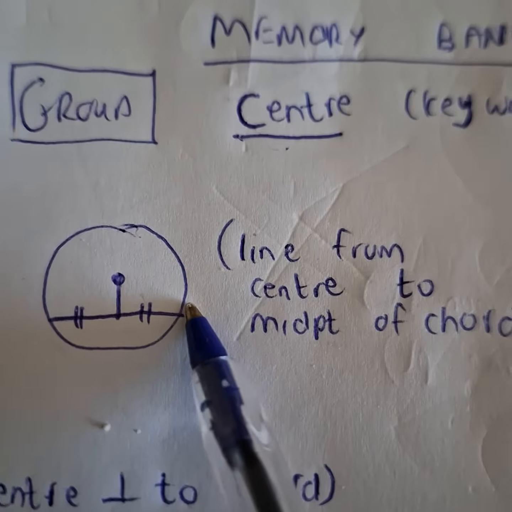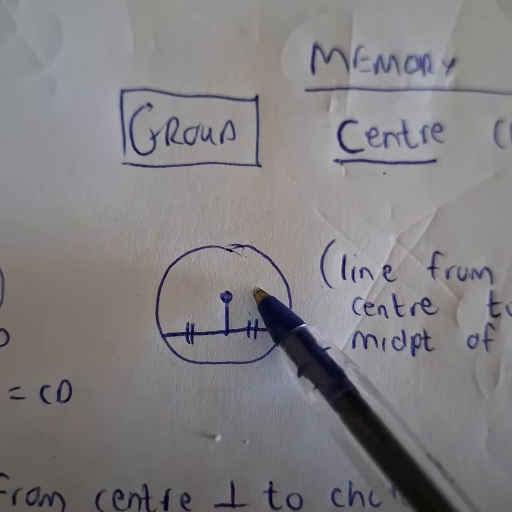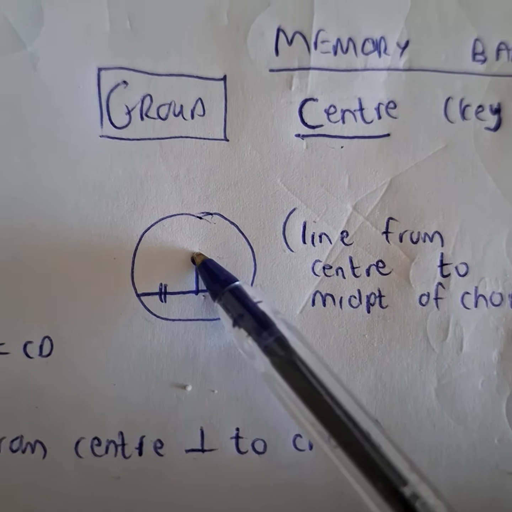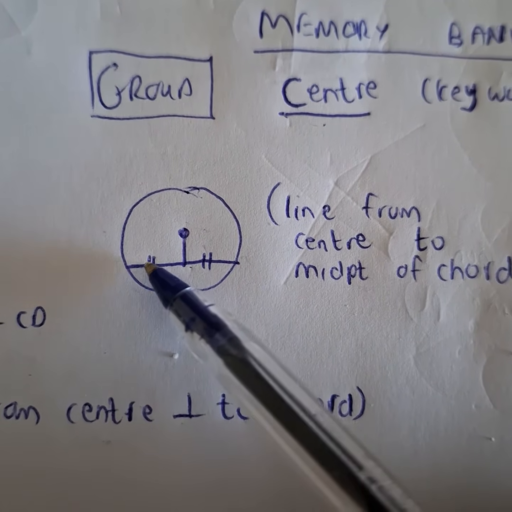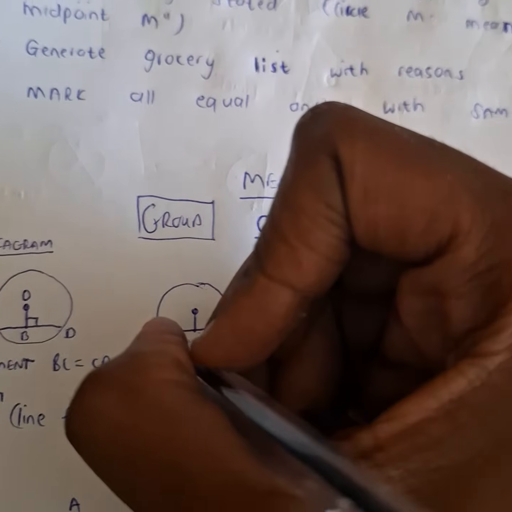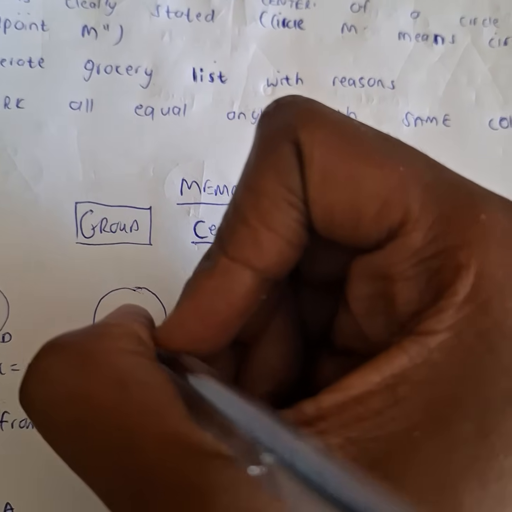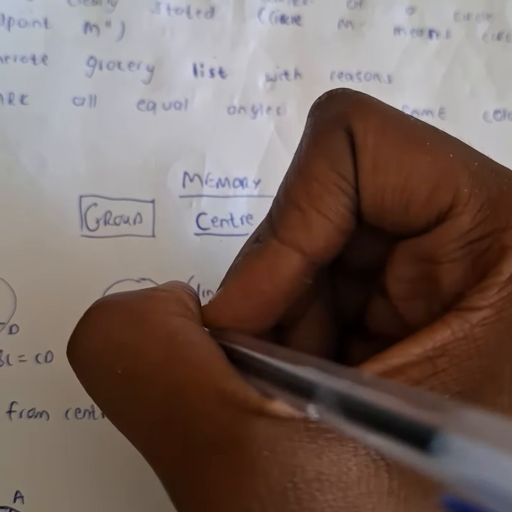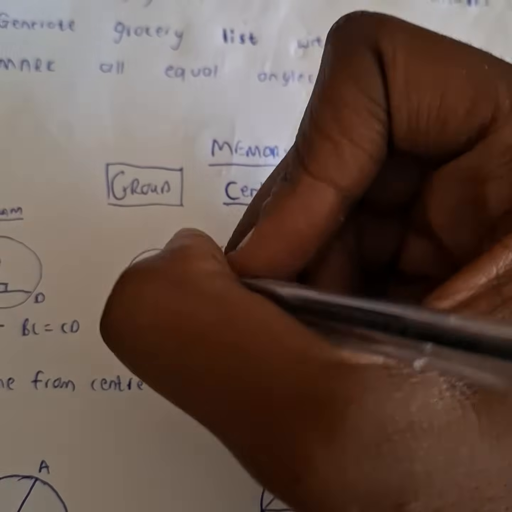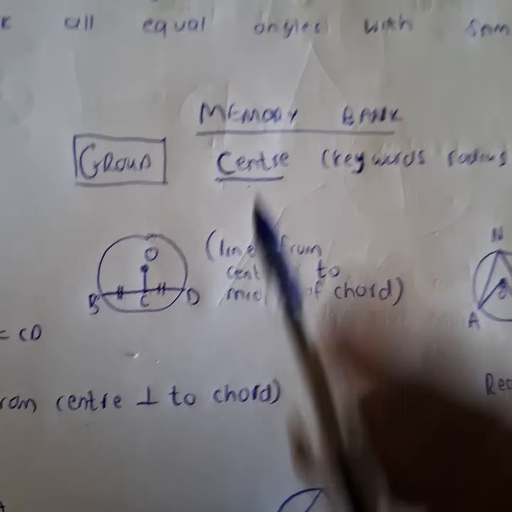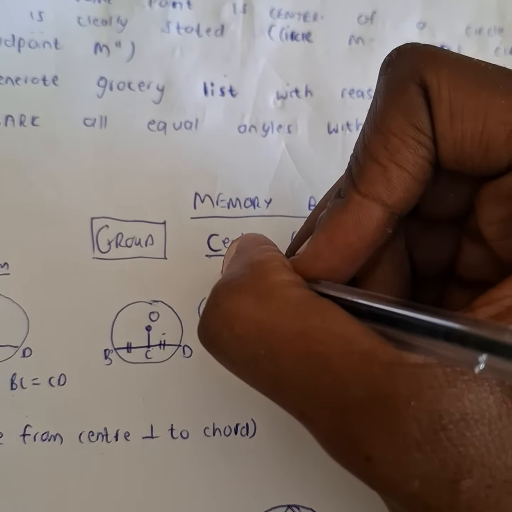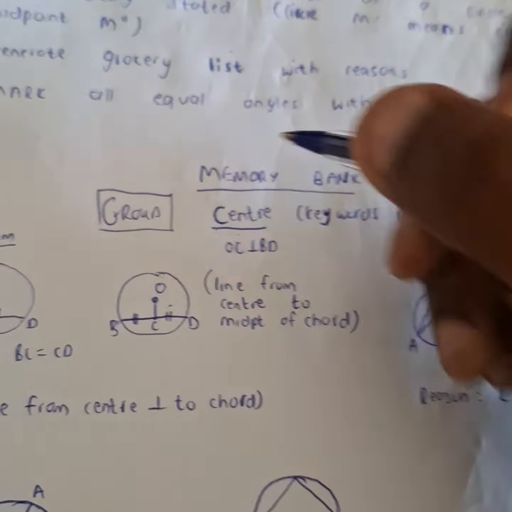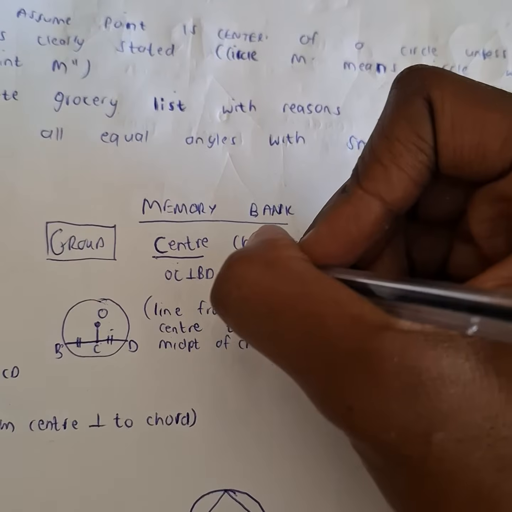Then let's look at this theorem. This one is the one that says a line from the center to the midpoint of the chord. Why do I know that's the line from center to the midpoint of the chord? It's because I can see these two equal, this is the midpoint and these two are equal. So let's say this was B, C, D, and let's say that was O. We can conclude from this diagram that OC is perpendicular to BD. Or we could say, in other words,